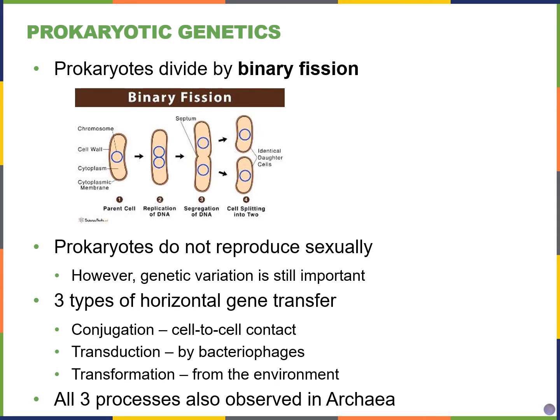Looking at prokaryotic genetics, how do bacteria divide? So all prokaryotes divide by binary fission. What is that? So what happens first? Let's say this is a bacterium, and we have our original parent cell. The first thing that happens is it makes a copy of its chromosome, its DNA, and at the same time,